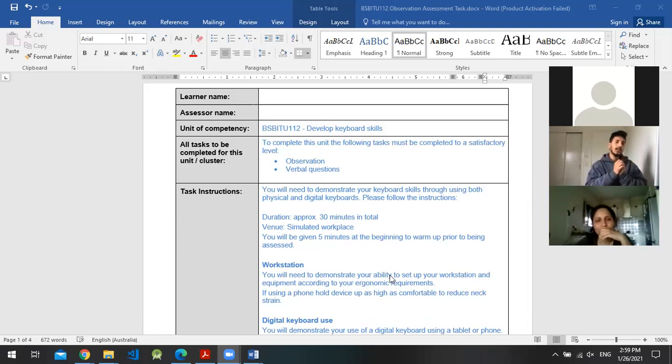This task will include two parts: one using your physical keyboard, like the keyboard on your laptop or desktop, and the other using your phone, an iPad or any kind of mobile device that has a digital keyboard. I hope you are familiar with digital keyboards.